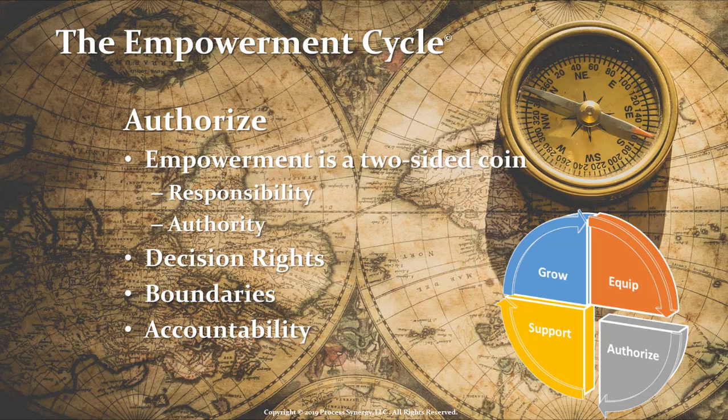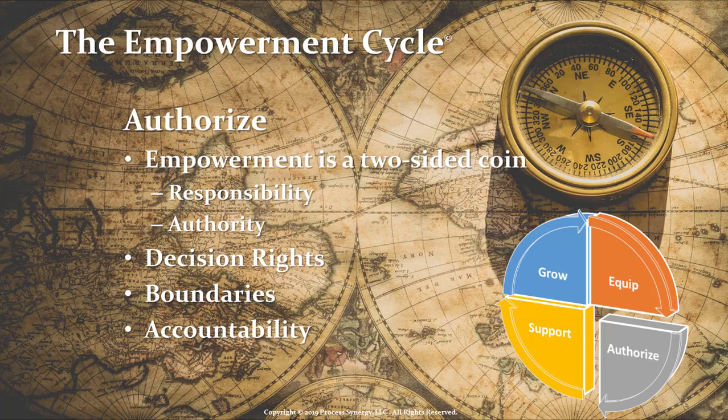You must be clear on the limits of the authority you are lending to them. What are their decision rights? That is, what is within and what is beyond their authority to decide. For example, you may give them the authority to purchase items up to $5,000, but beyond that, they have to come back to you for approval. They must also understand any boundaries on their authority. For example, they may be authorized to use 50% of Joe's time on their assignment, but they can't hire or fire people. Or they should involve certain departments in the work, but should not approach others.